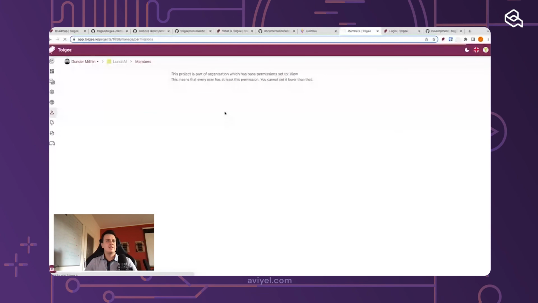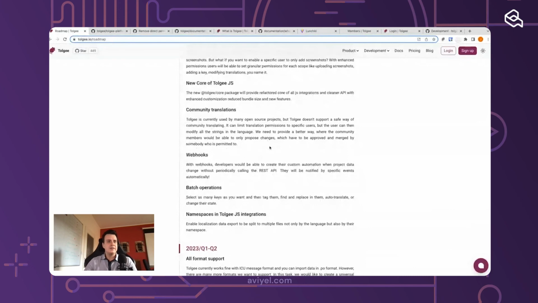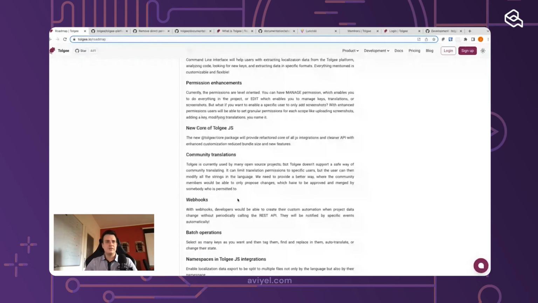Normally you would go to the members section, and here you would be able to invite users and give them translate permissions, but you can't restrict them to only suggest some new translations. So that's something you would be able to do if you used community translations. And also cool features like batch operations, or webhooks, so you can be notified when something happens in